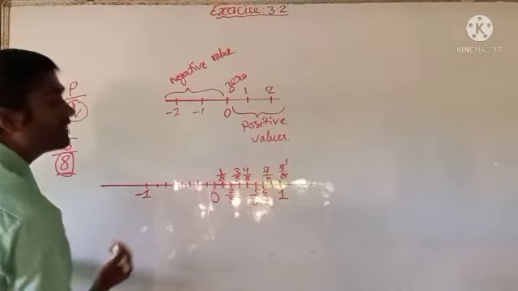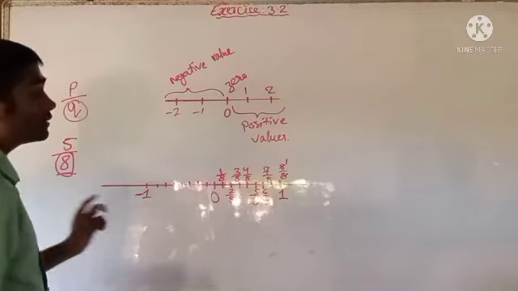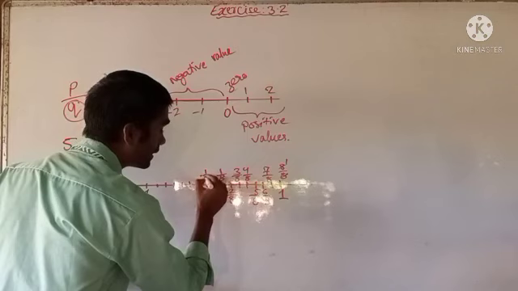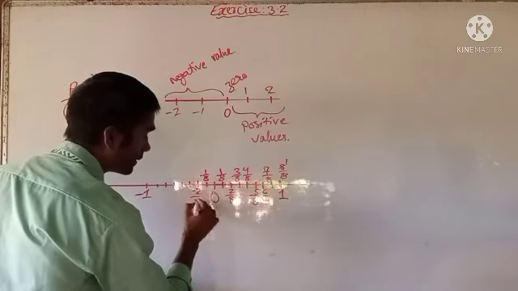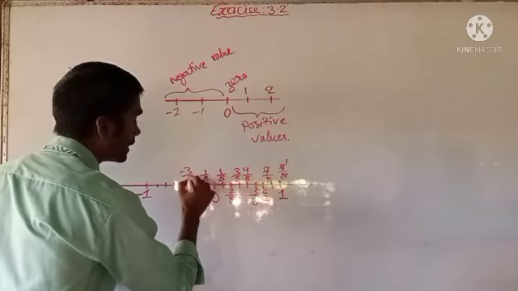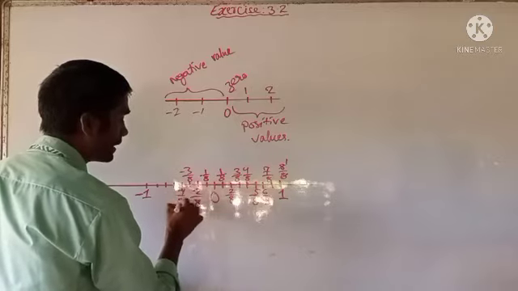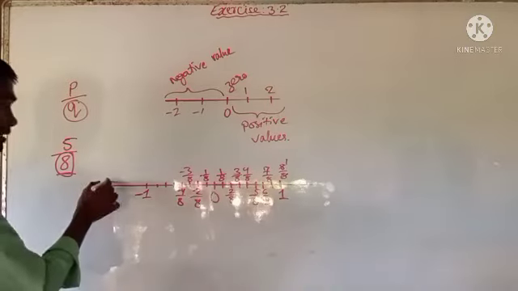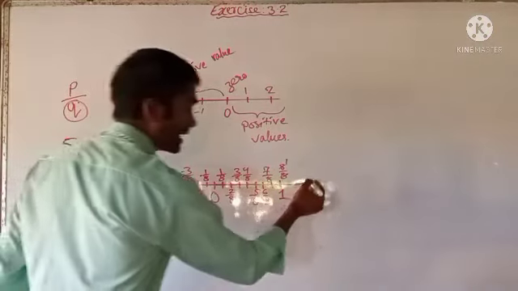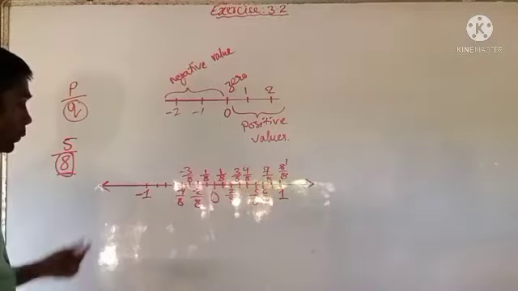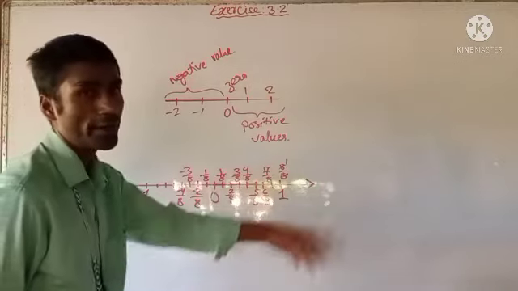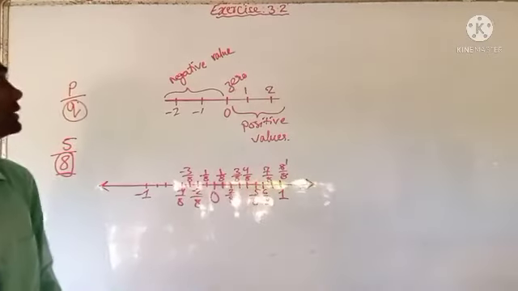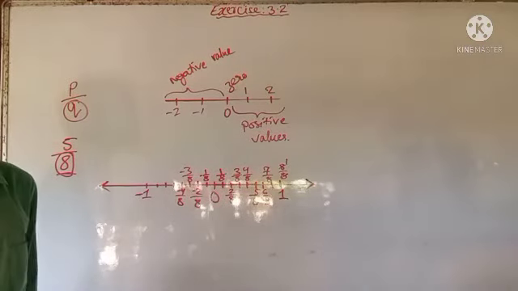Now again on the left hand side it is the same thing, but here we take the negative values, like -1 by 8, -2 by 8, -3 by 8, -4 by 8 and so on. In this way we take the values on a number line. On the other sides of this line, we will mark 2 arrows, because this number line can be extended. Now, the next thing that we are going to discuss is the standard form.